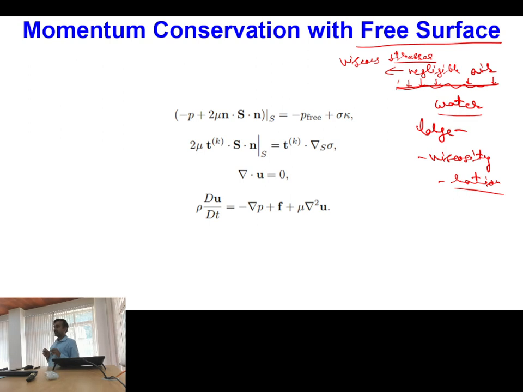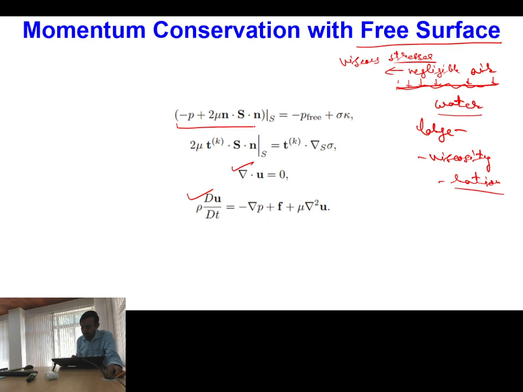Under that scenario you need not solve the air medium, you can only solve the water medium below the interface, and at the interface you only have to supply the boundary conditions which will be coming to this water surface. So in this case what are the things we have to do? Of course, continuity and momentum equations will remain as they are, and I will be solving them only for the water. The kinematic boundary conditions will remain the same, but in terms of dynamic boundary conditions you will find